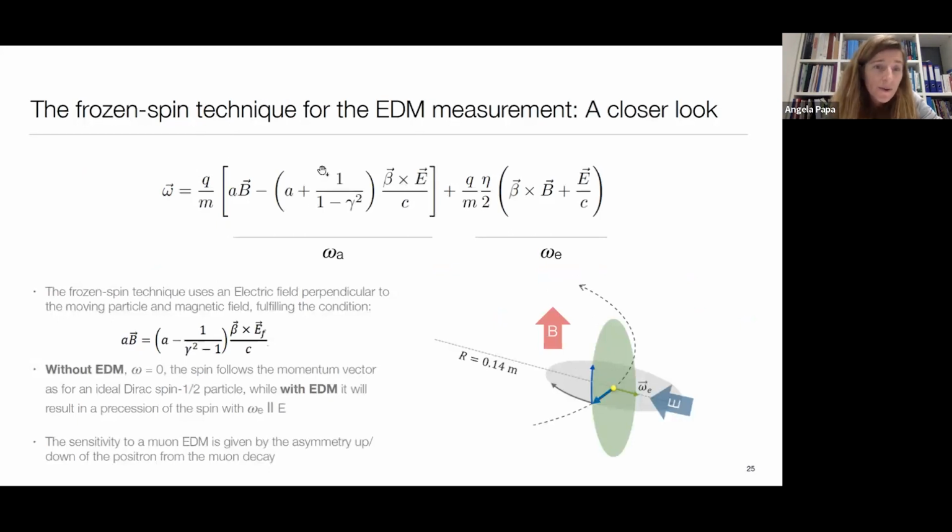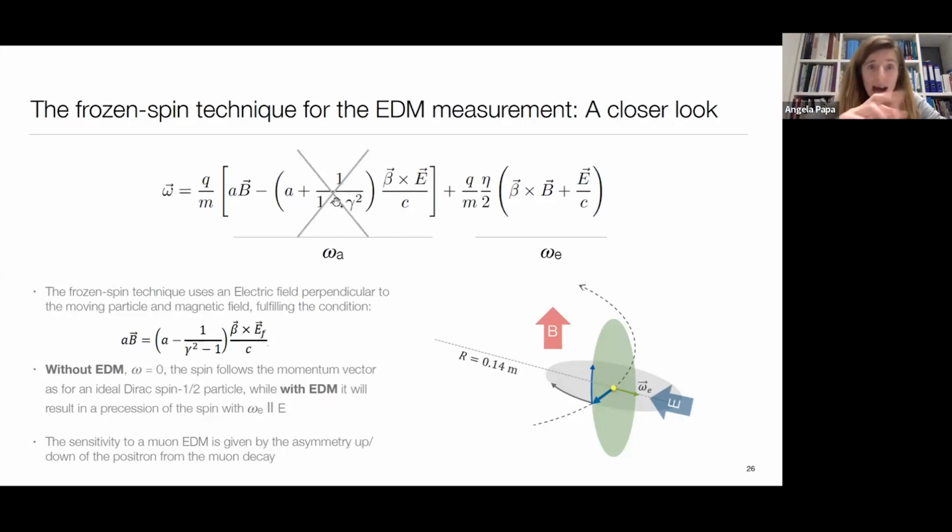We also know how a charged particle with spin behaves in the presence of electric and magnetic fields. This is the precession, which is a quite complicated formula when we want to extract all the information. So here too, the exercise is to try to simplify it. If we just focus on the EDM, what we want is that only the terms where eta, which is connected to the EDM, survive. Then we want a combination of electric and magnetic fields such that this kind of term is going to disappear.